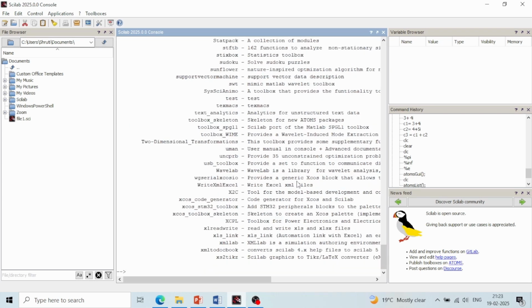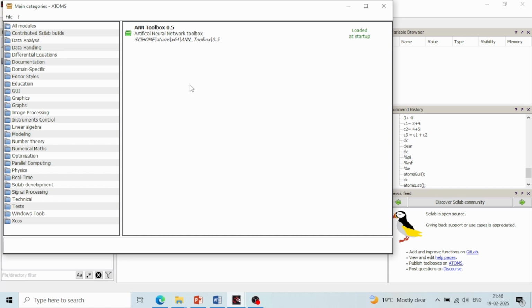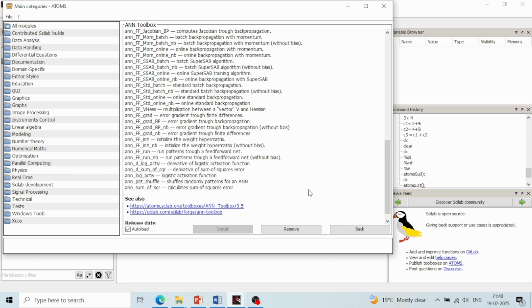So for removing a package, again we need to open the GUI, the module manager. So we'll go to applications and click on module manager atoms. Now suppose we want to remove a package, let's say this ANN toolbox only we want to remove, then we will click on this and here we can see this remove option is available. So when we click on remove,